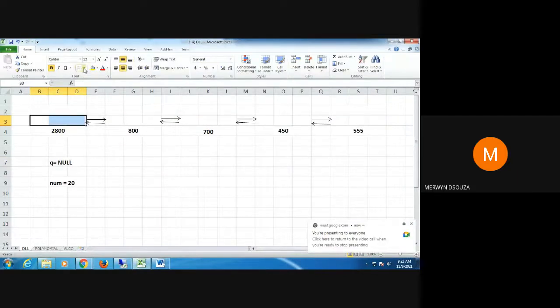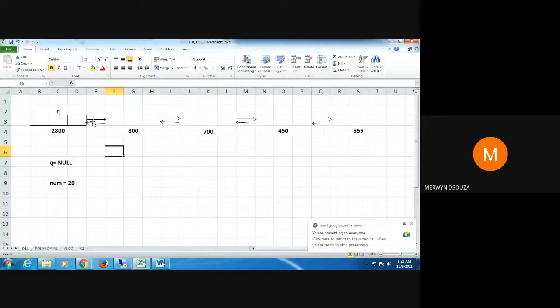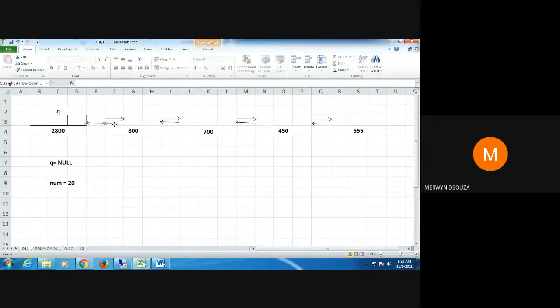Suppose this is the first node, at address 2800, and it will be pointed to by the pointer q. Now we need to store here the data part, and then since this is the first node and also the last node, the previous pointer as well as the next pointer will be equal to null.